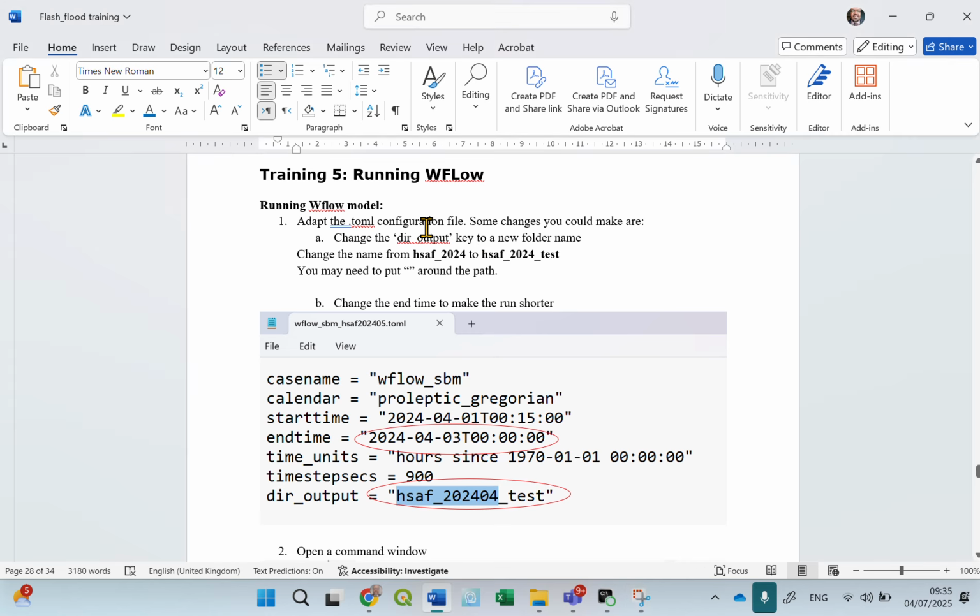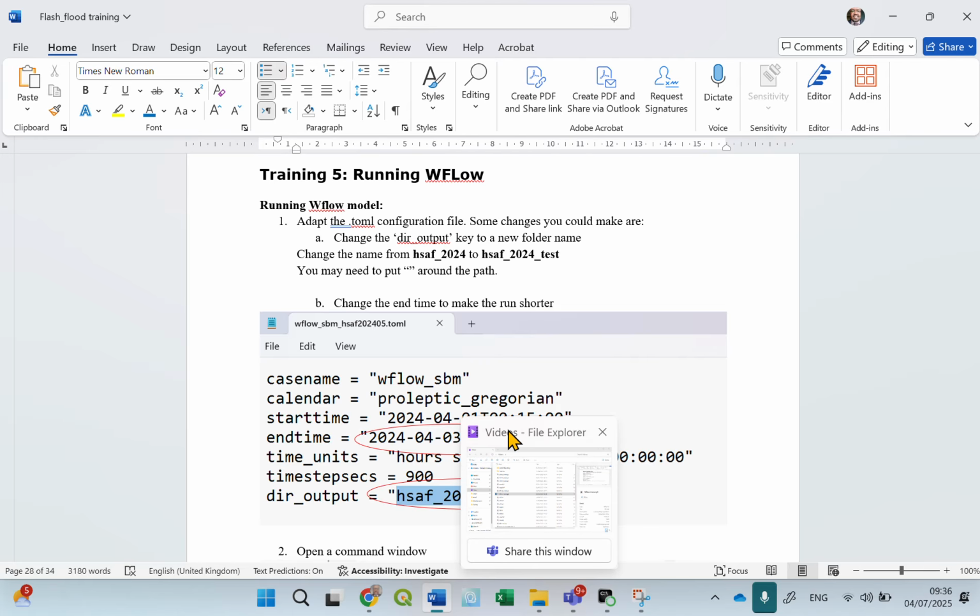Yes. So today this is an important session, and we are going to learn how to run the WFlow model. This is to check if you can run the model from your PC. I think it is a very important session today. So the first thing, maybe we need to go first to the WFlow